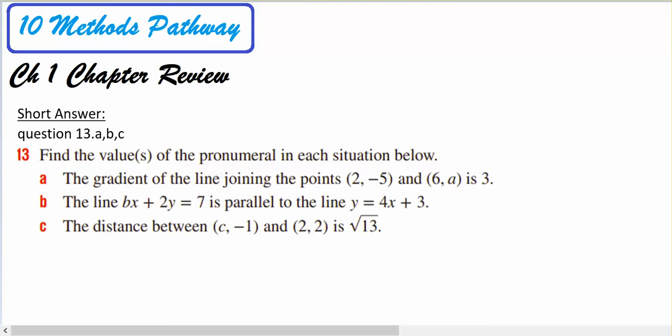This is for Year 10 Methods Pathway. It comes out of Chapter 1, the chapter review. So in each of these cases, in question 13, A, B and C, we have an unknown somewhere that we